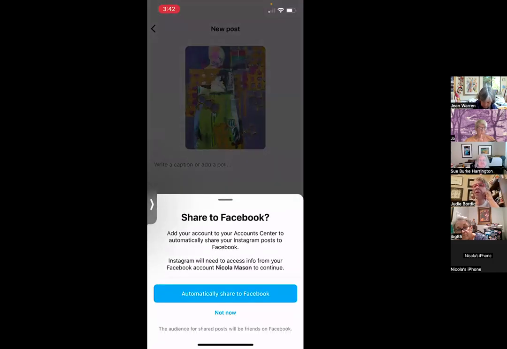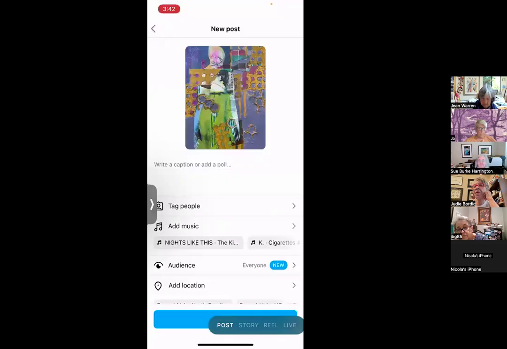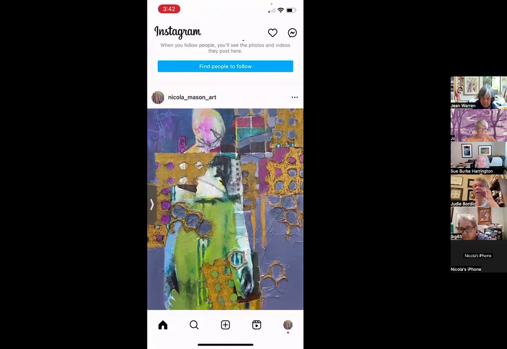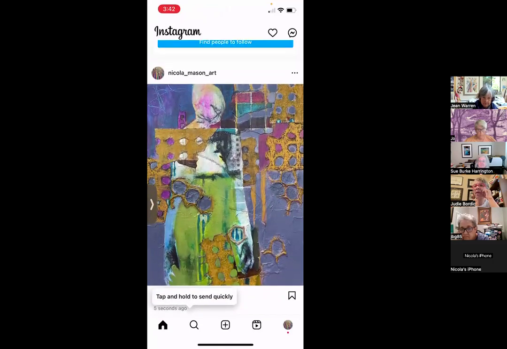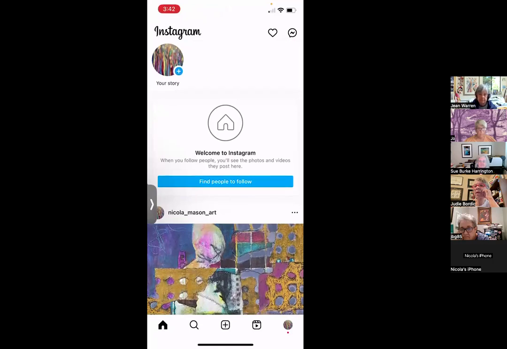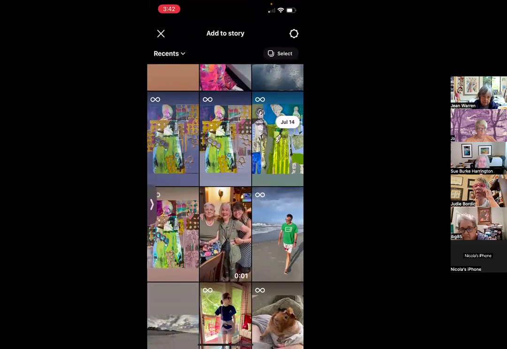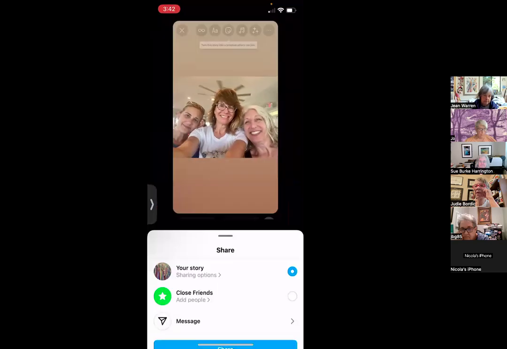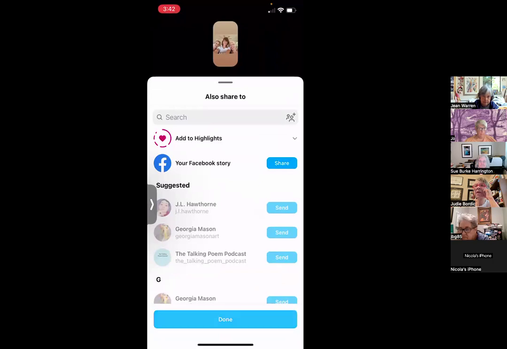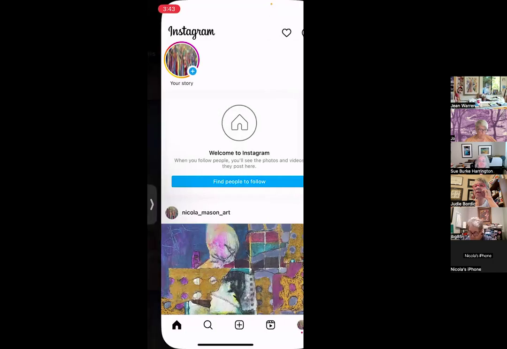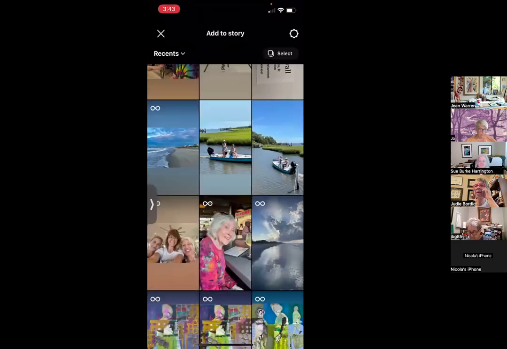And you can set it up to automatically share to Facebook. Most people do that. I like to treat those two platforms a little bit differently. But Nicola Mason Art has its first image in its grid. And I'm going to change this. I'll just change it to this right now just because it's awkward to